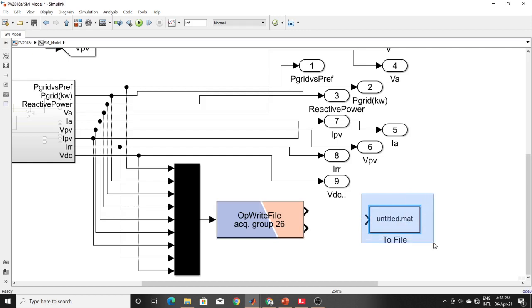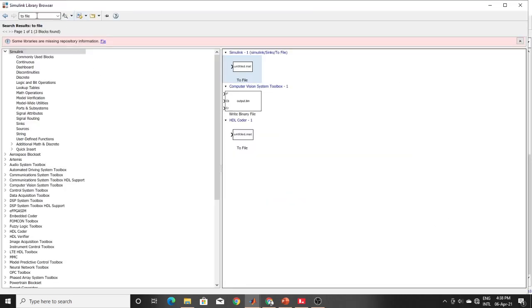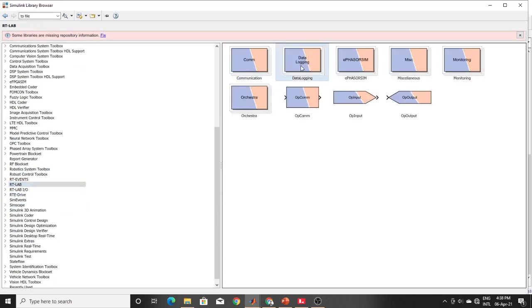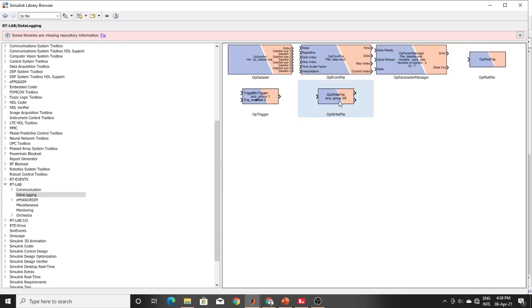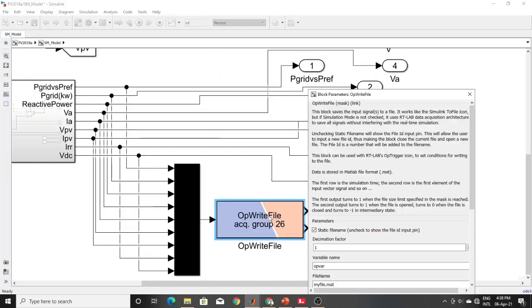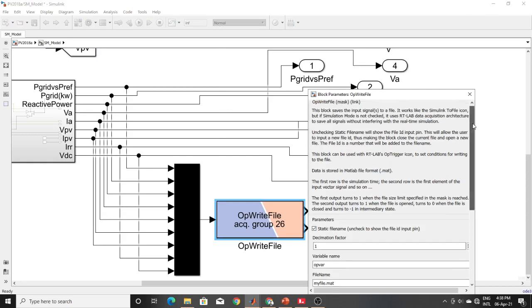Once you run a simple MATLAB model, delete those. The OpWriteFile is the same as the To File block. You will find the OpWriteFile here in RTLab data logging. You have to add it, and you can change any number.